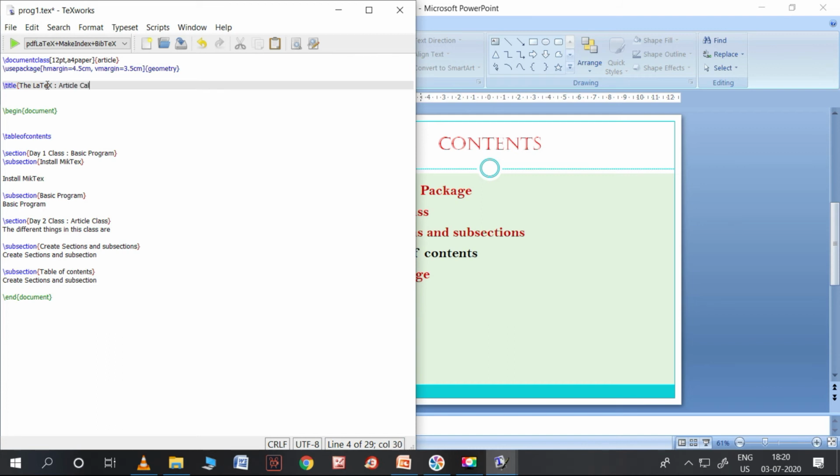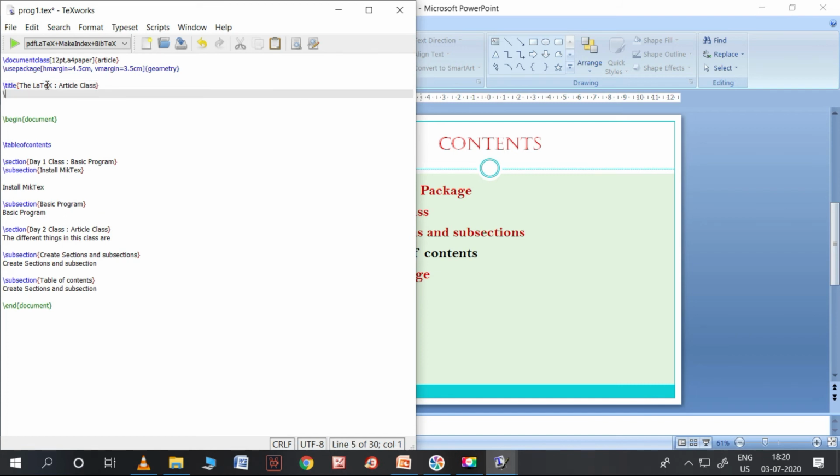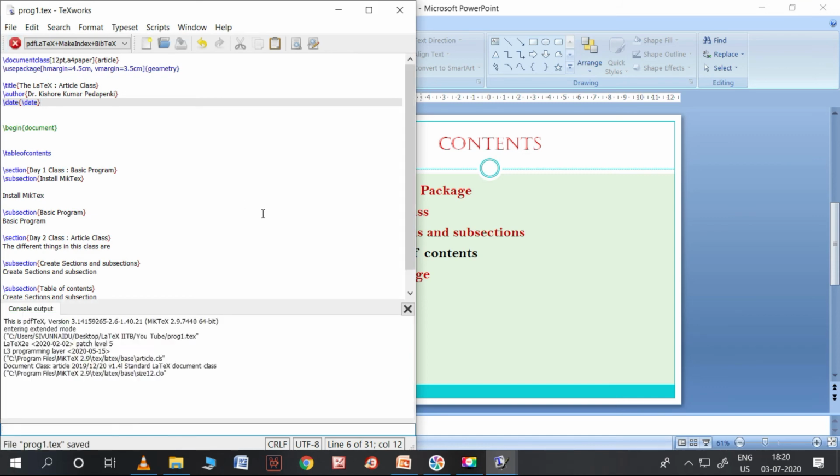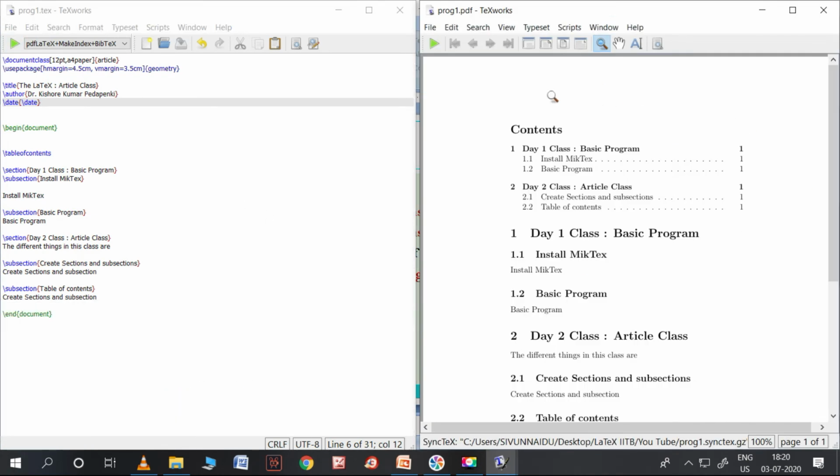The LaTeX article class is my title, and I can write the name of the author also. And we can also write the date, like this. Now we can run this. Yeah, nothing has come here, so we need to do something more.